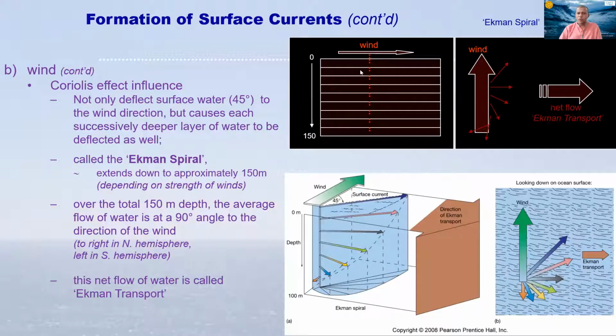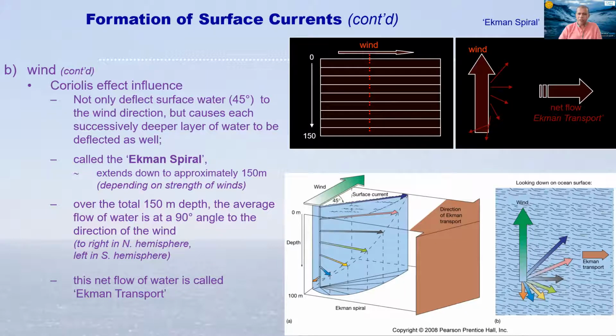So though it is trying to go straight, it has to drag the next level, which will turn a little bit because it's flowing slower than the top one. Likewise, in each level, the speed reduces, and because of that, the net effect from the wind is different from the wind direction. So the net movement of the water is different from the direction of the wind.